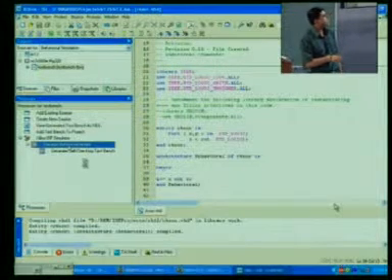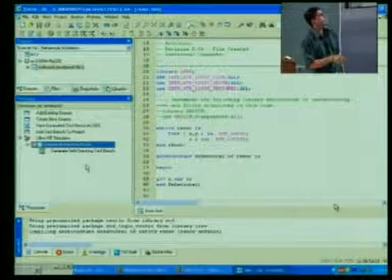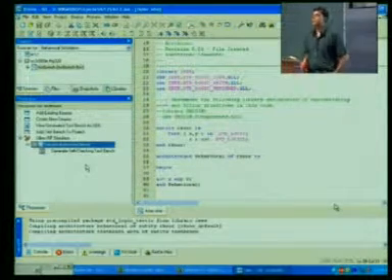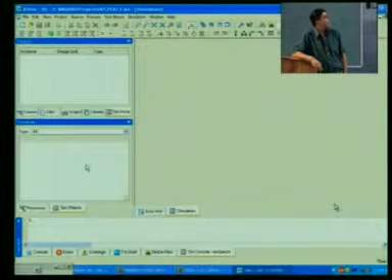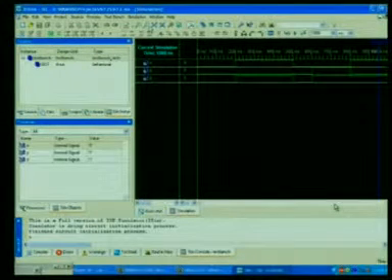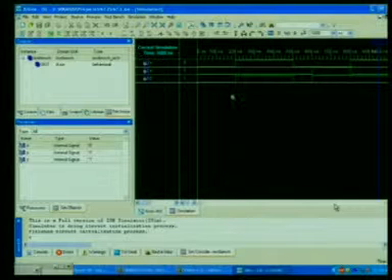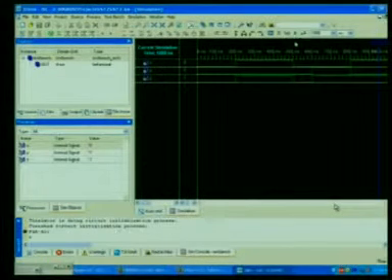Now, double click this simulate behavior model. After some time you will get here the simulation results. From here you can see this is 1, this is 0, result is 1. After this window we can run simulation from this icon.